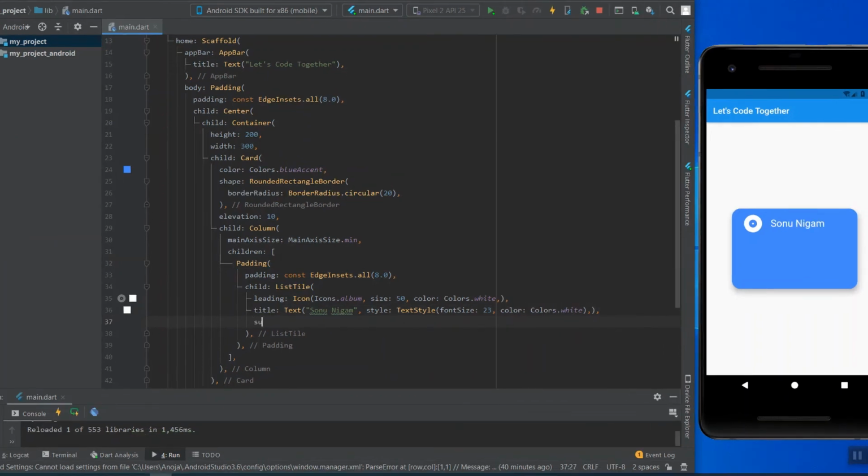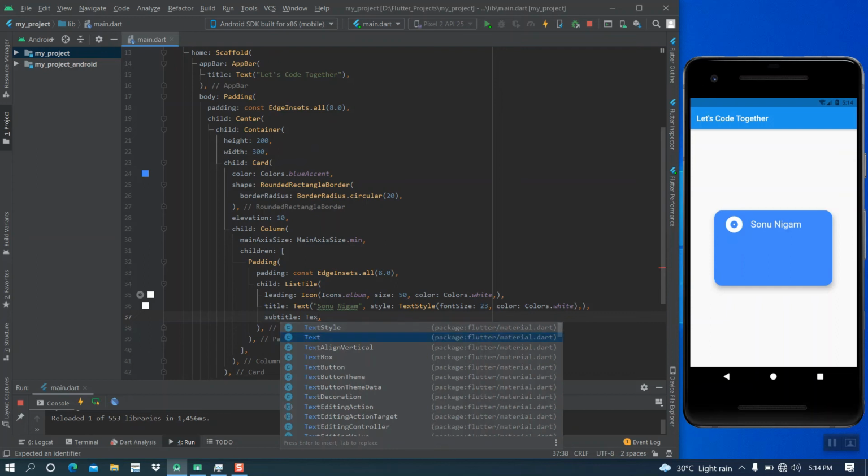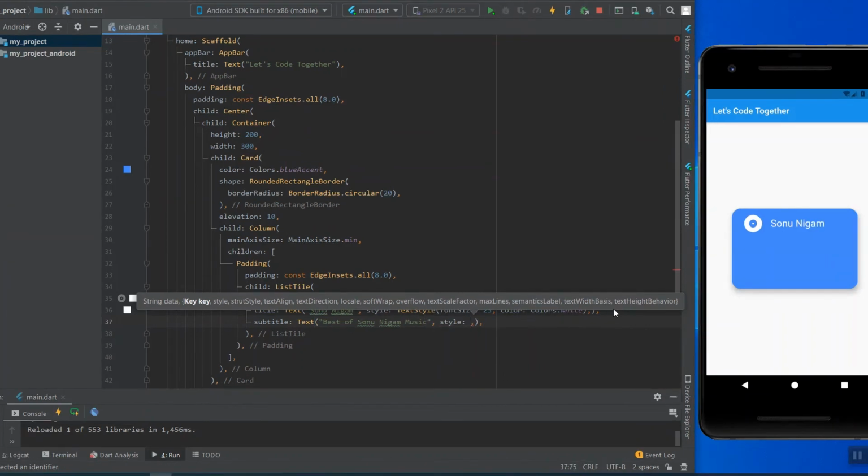Here I am specifying the subtitle. Here also I am adding some text style.